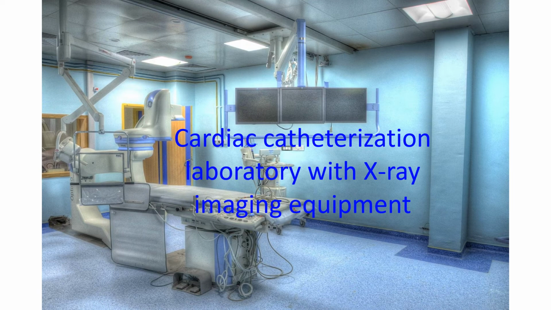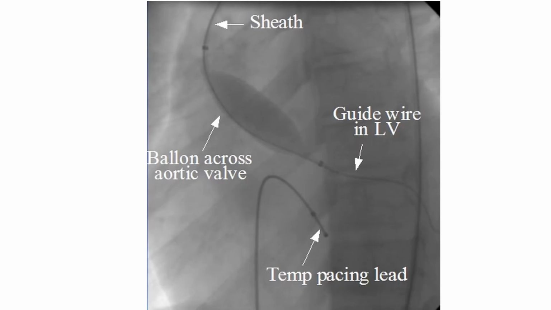The catheter is guided using fluoroscopy in a special procedure room known as cardiac catheterization laboratory. Once the exact position across the narrowed aortic valve is confirmed, the balloon is inflated using a syringe from outside, relieving the obstruction. Pacing at fast rate can be used to stabilize the balloon during inflation to prevent it from slipping away.